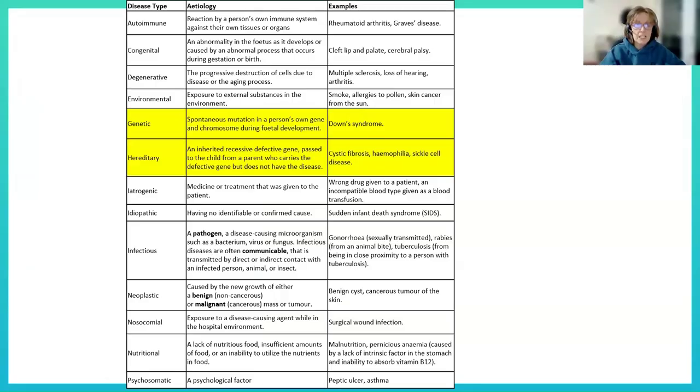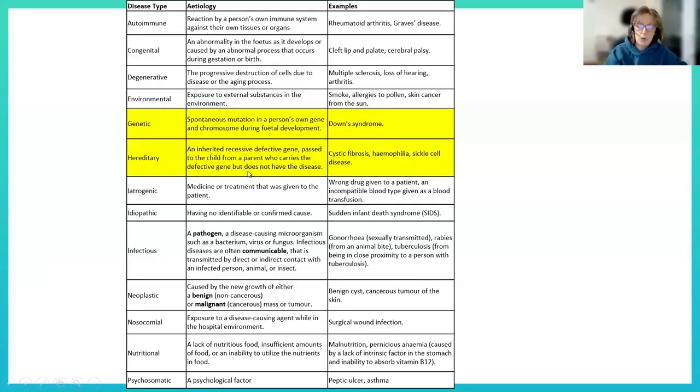Next couple of disease types. You can see this table here says disease type down the side. We're going to have a look at genetic and hereditary. We're going to have a look at these in less detail because we literally just went over them last lesson when we were looking at the biochemistry. So things are hereditary if it's a defective gene which is passed from the parent to the child. So we had a look at sickle cell, we had a look at all those diseases,